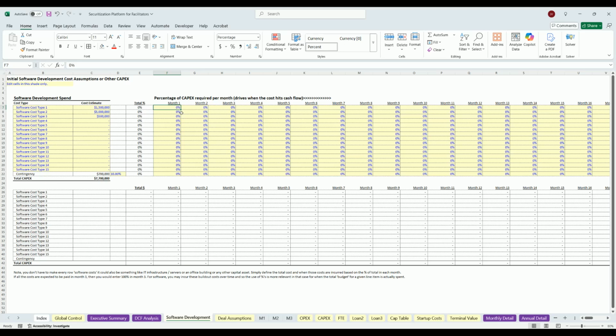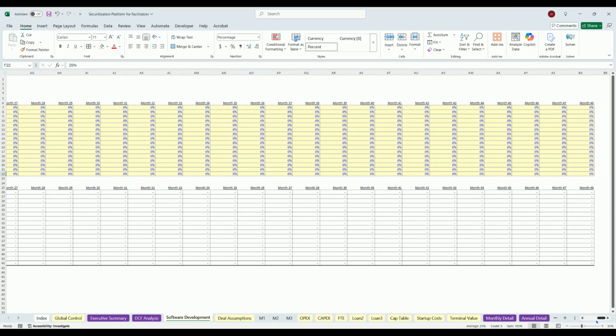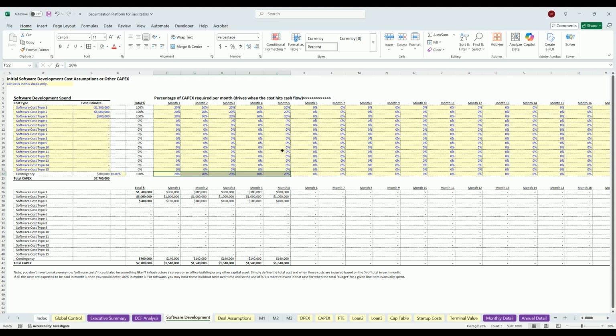Let's do a 5 month period, so it's easy math. So 20% evenly spread out over the 5 months. That's your development period. Now it could be longer. You can actually go up to 48 months, but you're mainly going to have this. The model is only 60 months, so